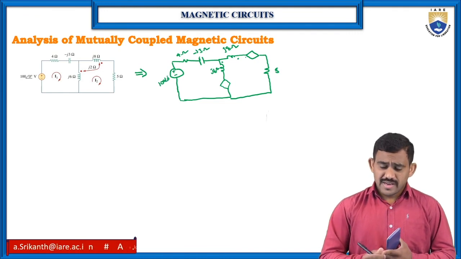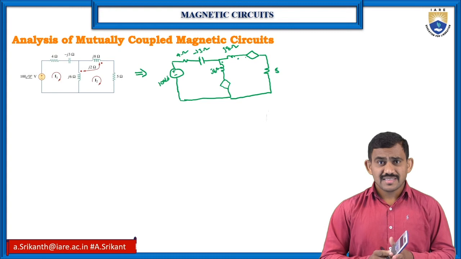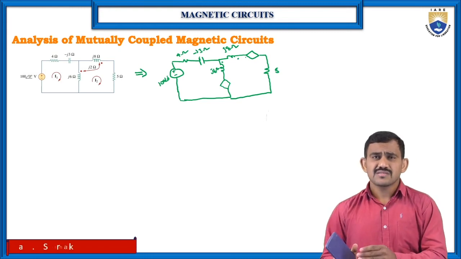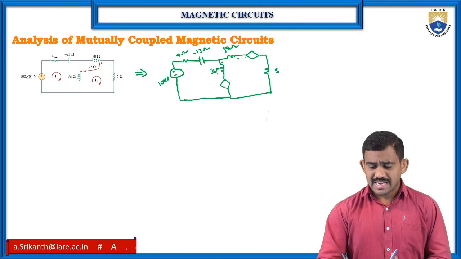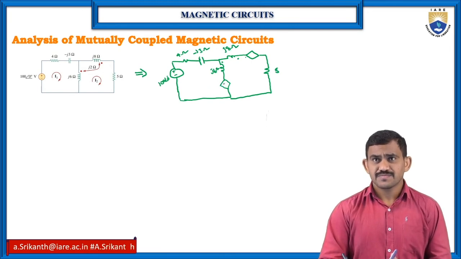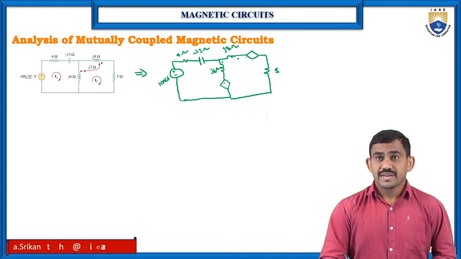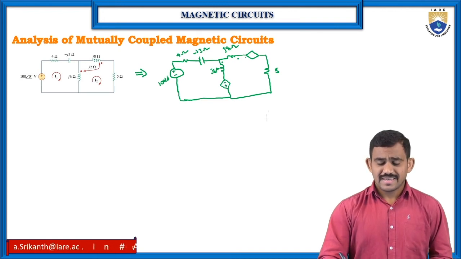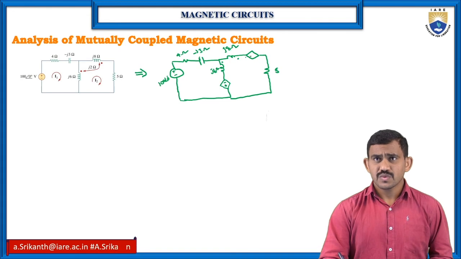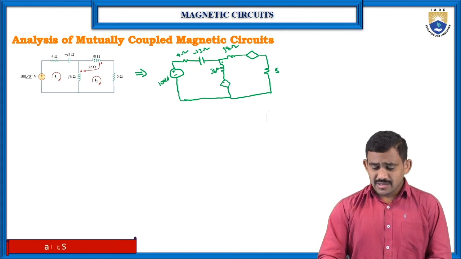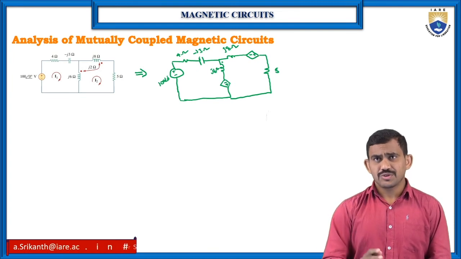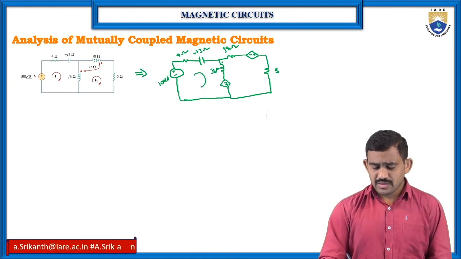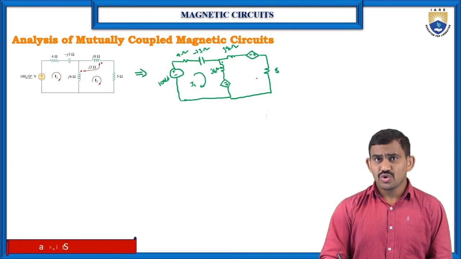Now guys, just remember, when you're writing the equations, this is also a simple method. The current direction for loop 1 is reverse. So we write negative to positive, and here also, check the directions: negative, positive, here also negative, positive. This is loop 1 and this is loop 2.